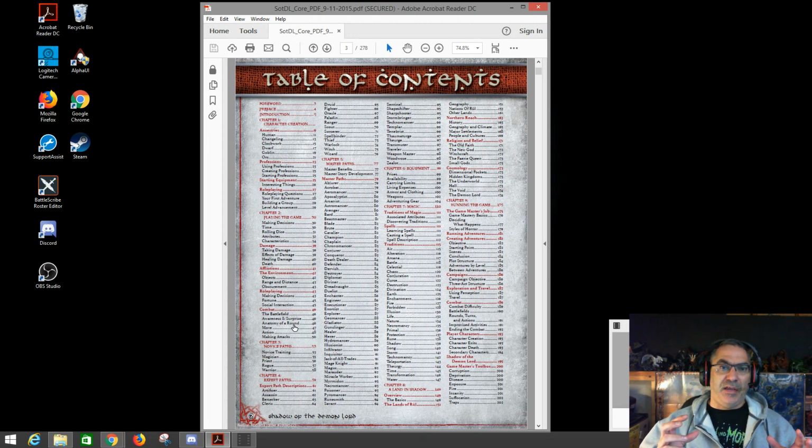So the round's anatomy is as such. You have the fast turn, the slow turn, and then the end of round. So there are three sections. You could call them phases maybe, but there are three parts of a round. And depending on what you want your character to do that round will largely determine when you get to go